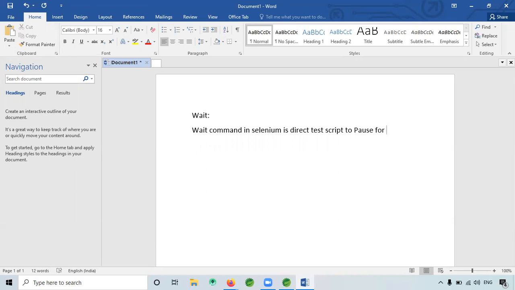Otherwise, what will be the exception that it will show? Element not visible exception. If the element is not there, it will throw an element not visible exception. So the wait command in Selenium directs the test script to pause for a certain time before throwing it.